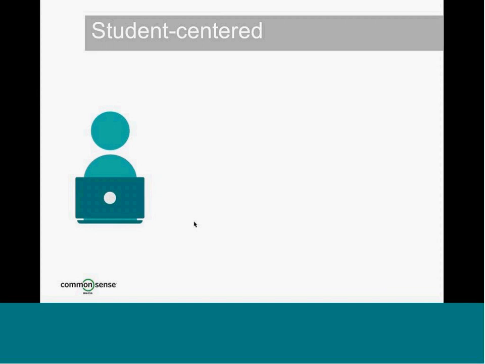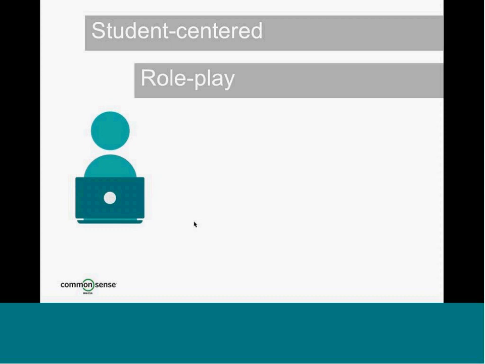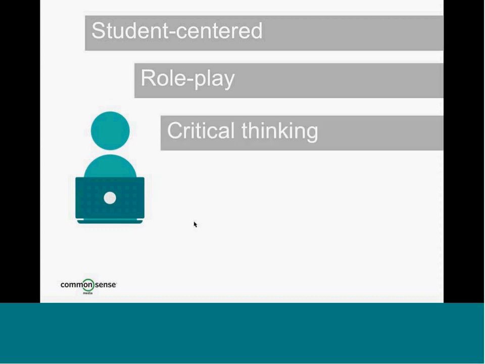So a little bit more about the lessons and how we view student learning. So the lessons themselves are student-centered and developmentally appropriate. We really engage students in real-life issues and scenarios that they may face in a typical day, and have them sort of grapple with those issues and have it be real for them. We encourage a lot of role play and critical thinking and group discussion. So especially in the middle and high school parts of the curriculum, kids are looking at real life situations, they're taking perspectives of different stakeholders, they're critically thinking about decision making, and that's really getting at the sort of ethical